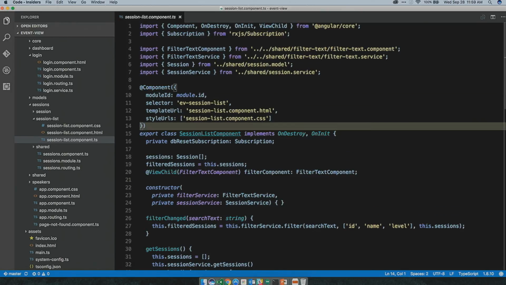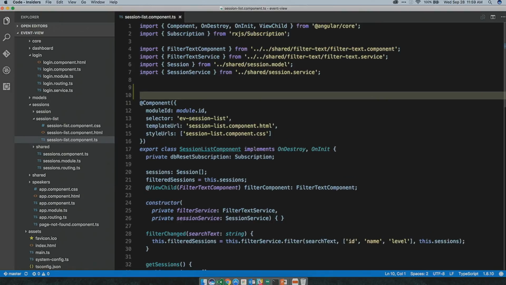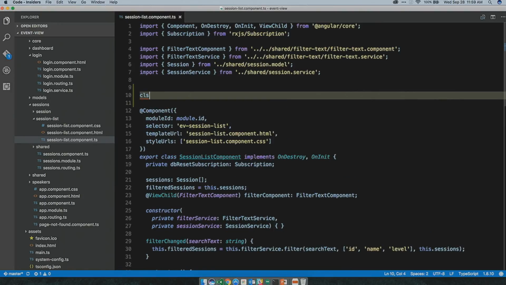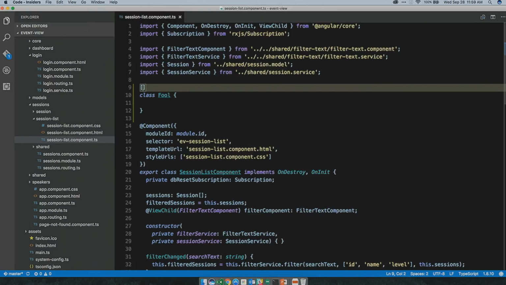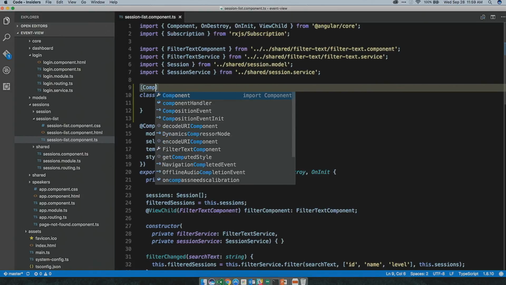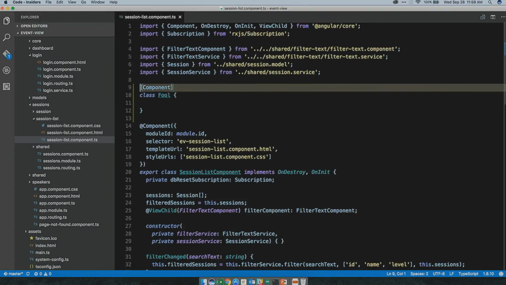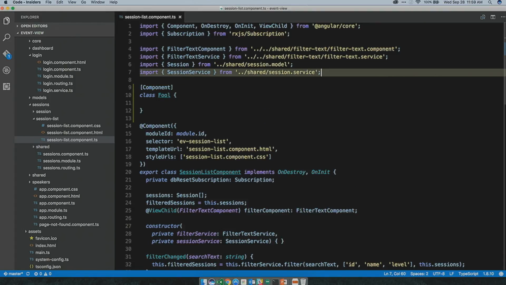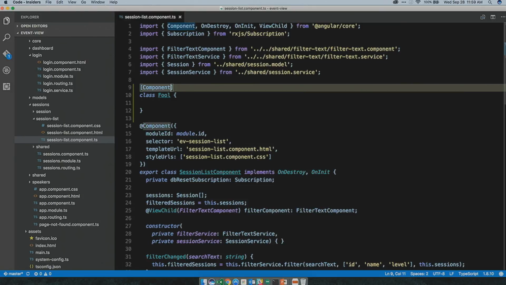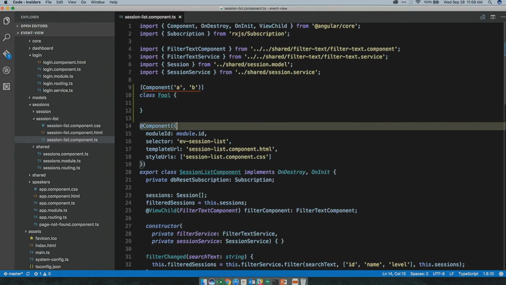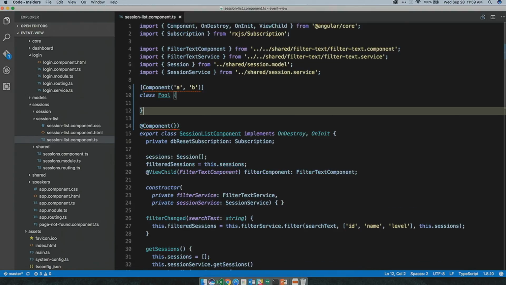Yes. So have you done .NET, C#? Yes. Okay, so in C#, which is not going to like in here, I would do class Foo, like this, right? And up top, I might call this guy a component now. So that's what I would do in .NET. This is the same, but just different syntax. The thing is, component is actually a function in .NET too, and you can pass parameters in like A and B and et cetera. So these are just parameters we're passing in. Okay, all right. So it's really just like that.